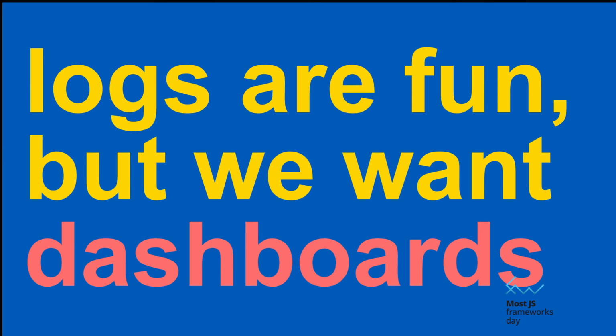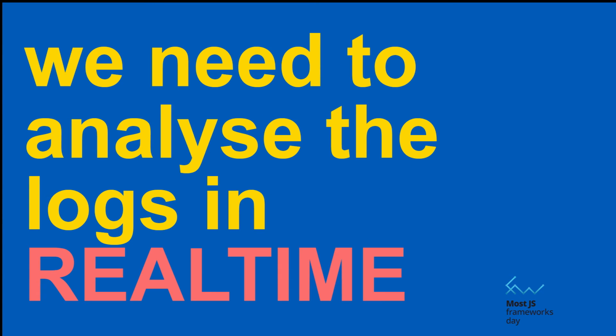So okay, final thing. We've got logs now. We've got solved distribution, but logs are not that fun. What we want is to know what's happening in the logs. That's actually the important thing. That means you want to figure out when there's an error happening. You want to do performance monitoring, like figuring out how long a request takes. And you want to do that in real time, because real time is awesome. That's why we do Node. So I'm going to just code that using our system.